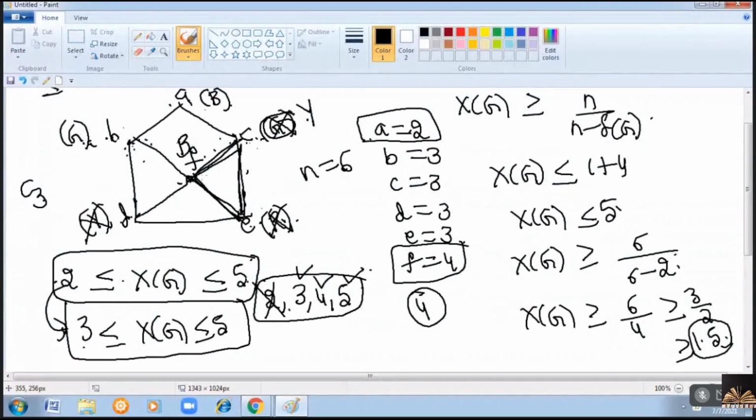Let us suppose it is colored with the same color which I have used for A. Now, D can be colored with yellow, because it is not adjacent to C. Similarly, E can be colored with green because it is not adjacent to B. When you color like this, no two adjacent vertices have the same color. And how many minimum colors have you used? 3. Therefore, you can say that the chromatic number is